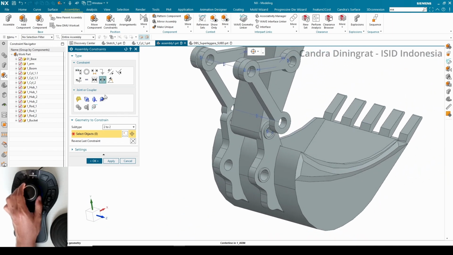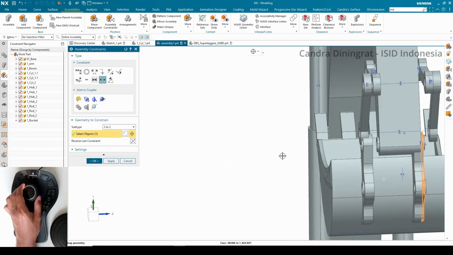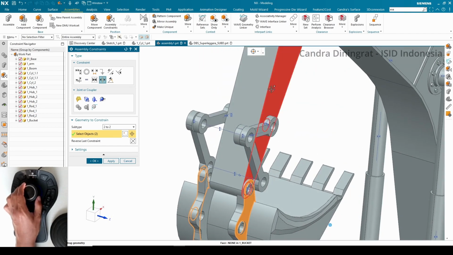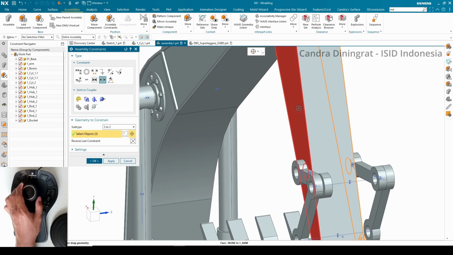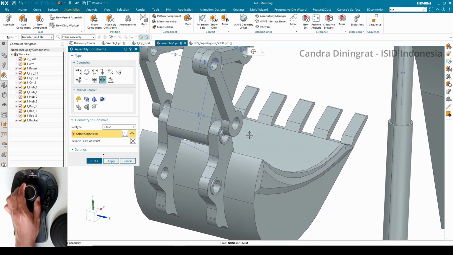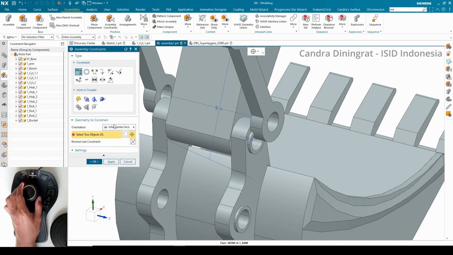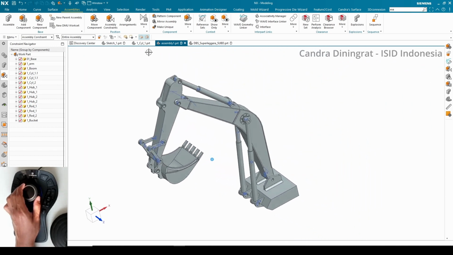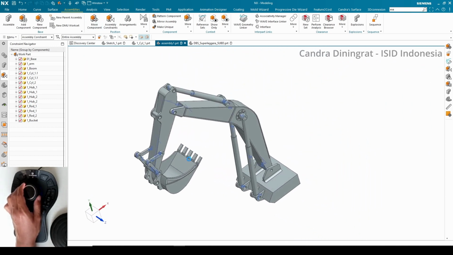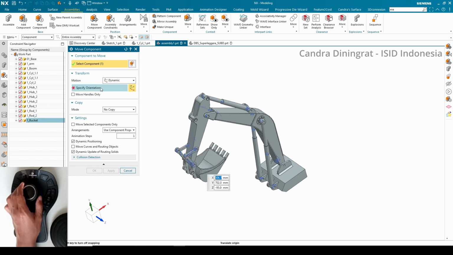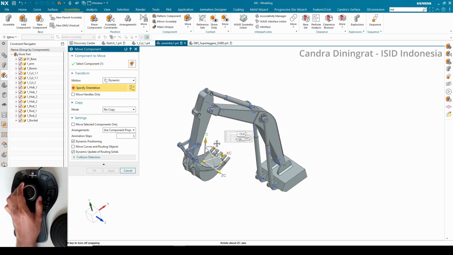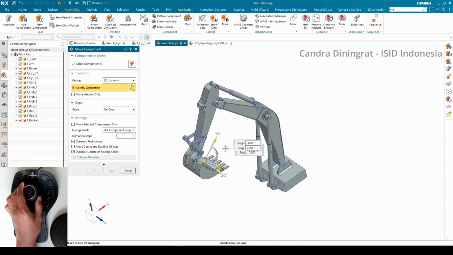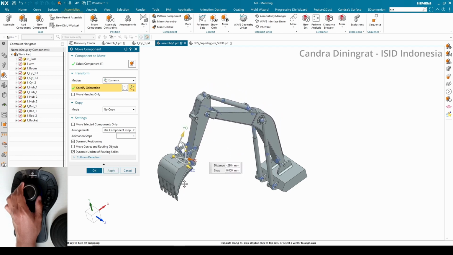Do a center again, these two faces and these two faces, and finally we connect these two axes. Finally, we can simulate our component mechanism. You can see it's properly assembled,